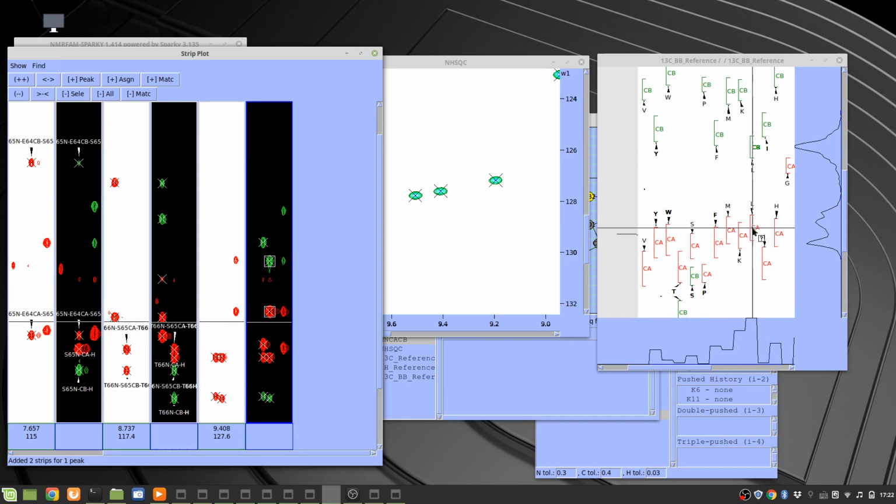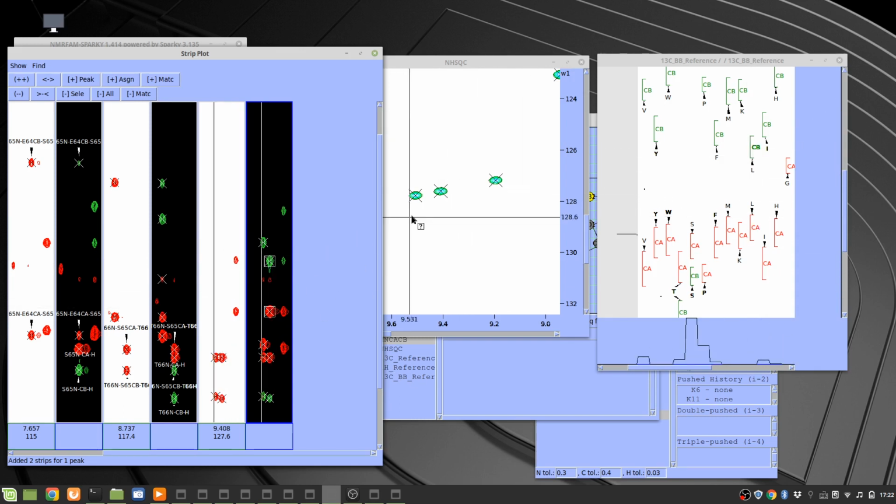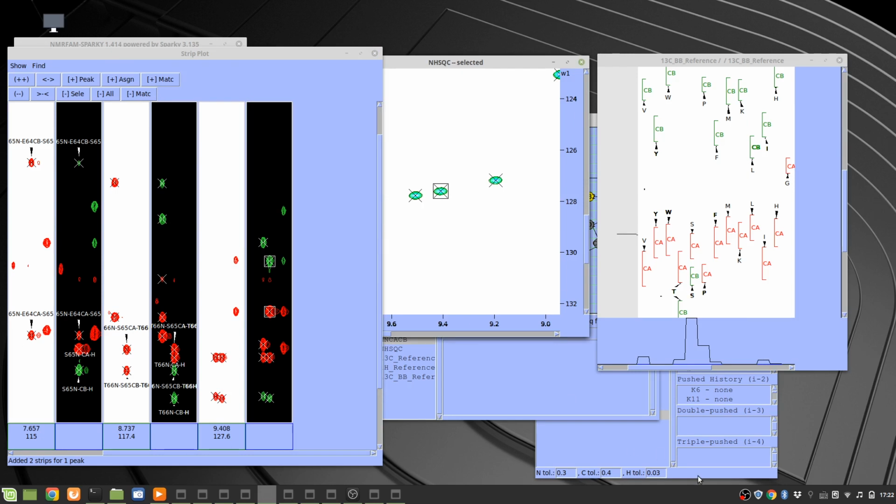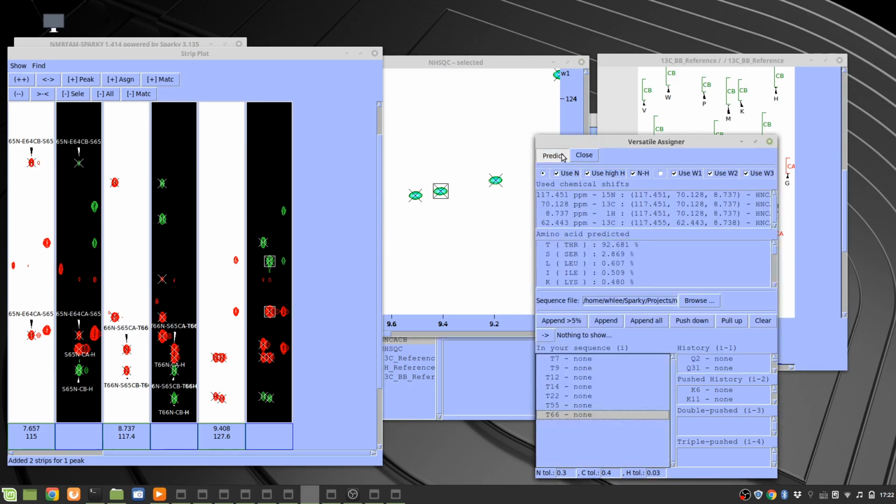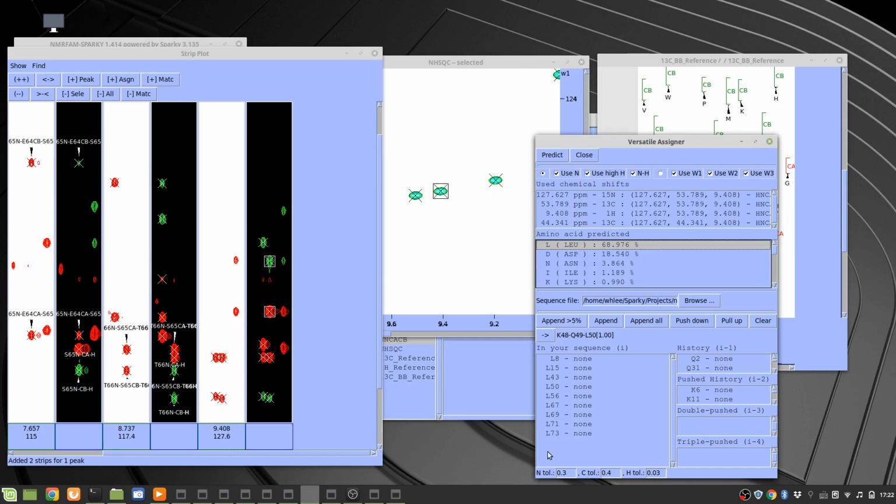The following residues, carbon alpha and beta, will be close because they are leucine. So our guess was right. So we can predict using versatile assigner. Yeah, leucine is almost 70%. And then if we select this guy, and there is 67 leucine here, we will assign 66 and the following